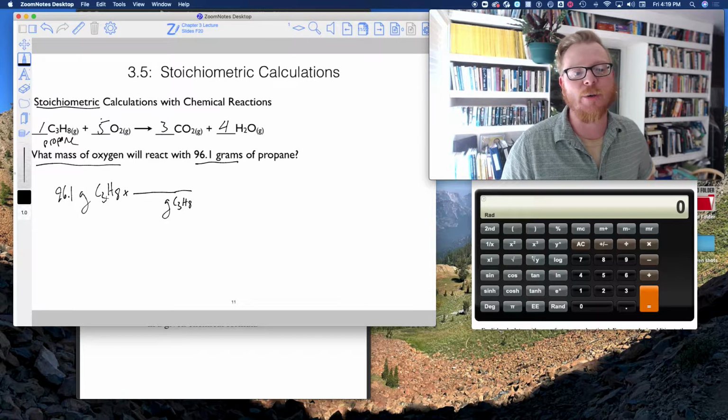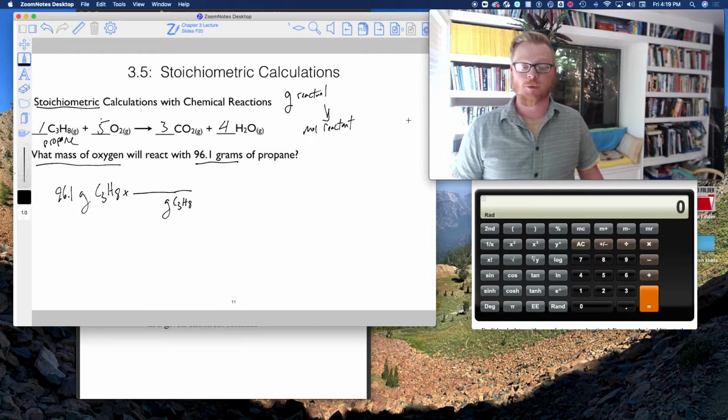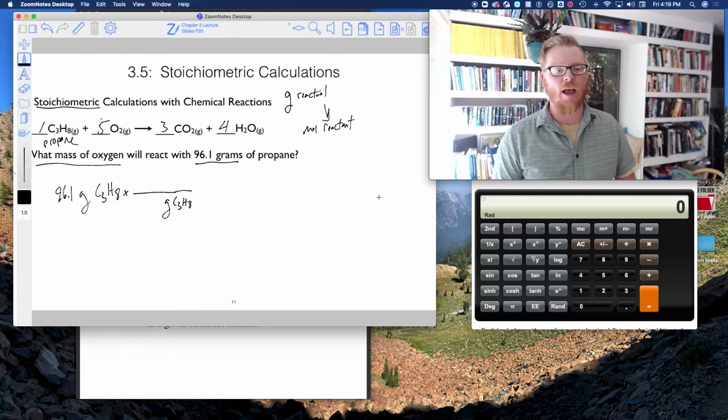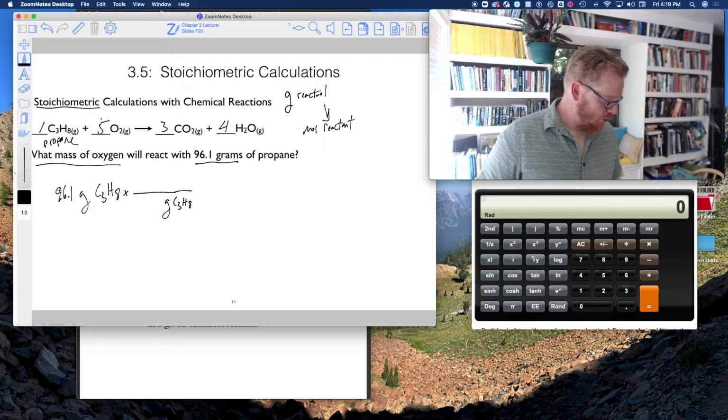So what I really need to do is convert this grams of propane into moles of propane. So we're going to write that down for chemical reactions, okay? If we have grams of reactant to start with, I need to make that into moles of reactant, okay? And I can do that with the molar mass. And to calculate the molar mass, I take 3 times the average mass of carbon plus 8 times the average mass of hydrogen, and you should get